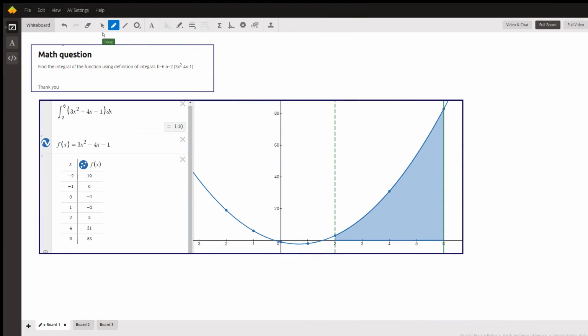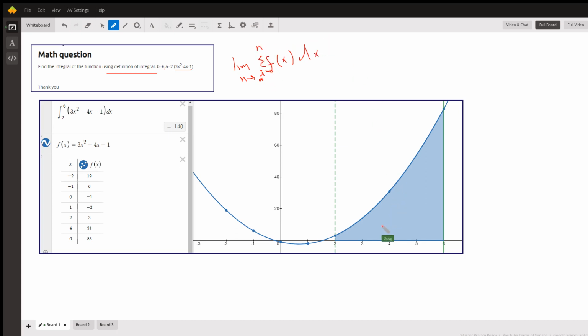We're asked to evaluate the definite integral for this function from 2 to 6 using the definition of integral. And I'm assuming that means the limit as n approaches infinity of the sum of f of x sub i times delta x, the sum from i equals 0 or 1 to n, depending on whether you use left-hand endpoints or